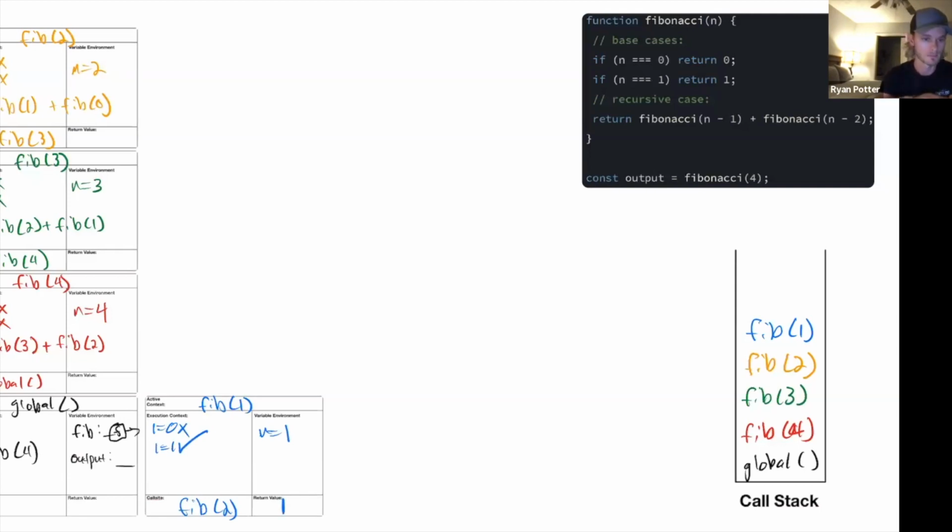Okay. And then that gets put to our return value. So we have our first return value. Where are we returning it to? We're returning that to Fibonacci with the argument of 2, the call stack underneath it. So here we can say, awesome, we have a value for Fibonacci 1. What happens to Fibonacci 1 here? We pop that off the call stack. That gets garbage collected. And then